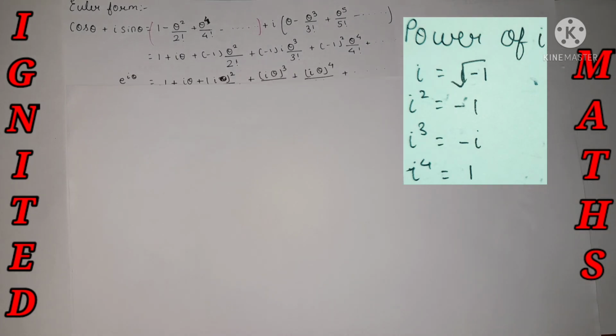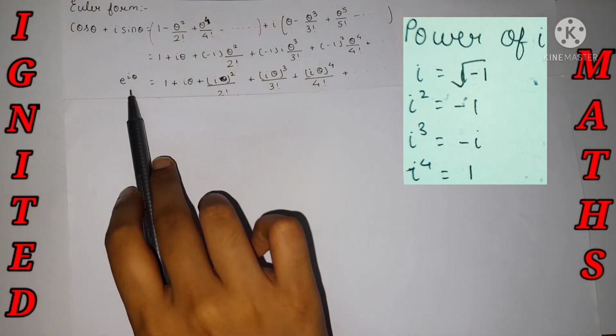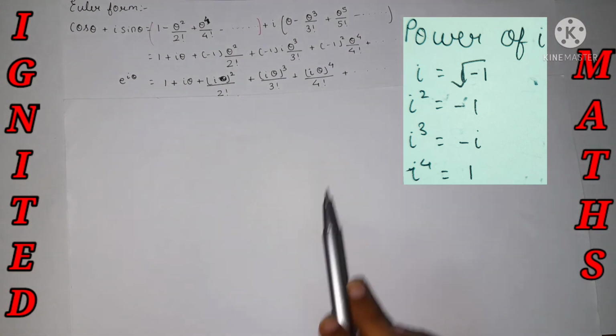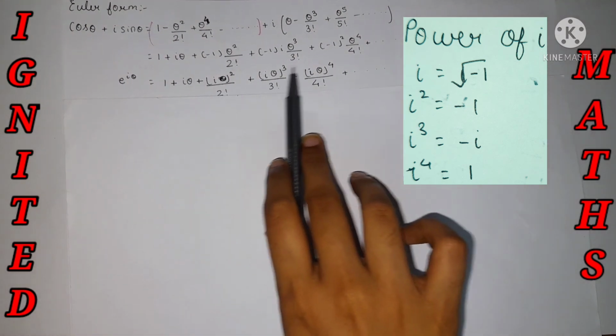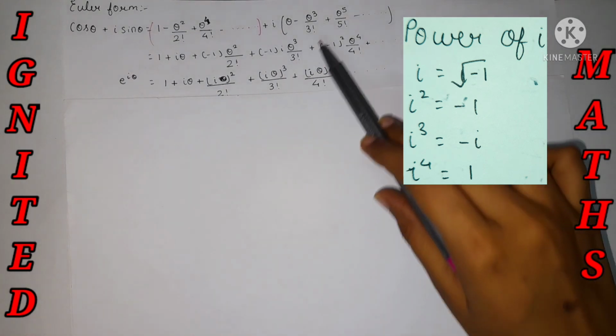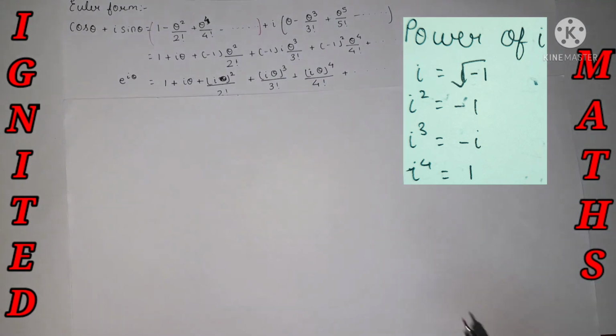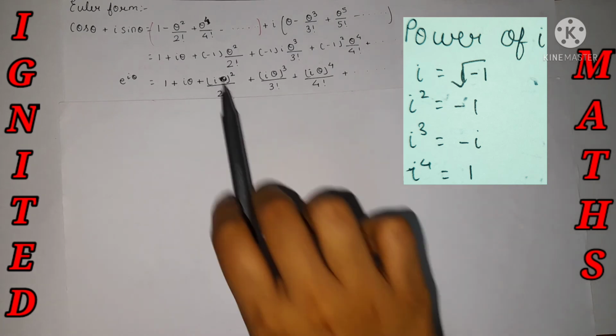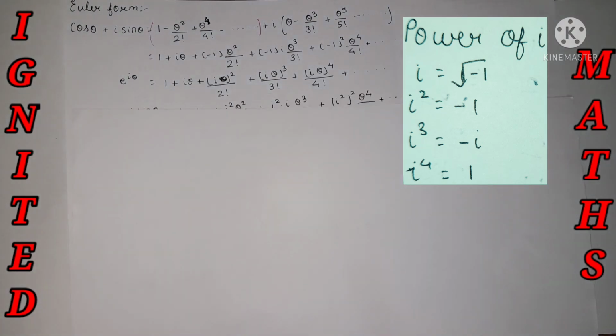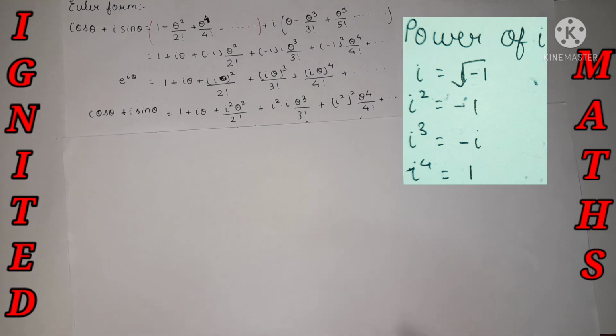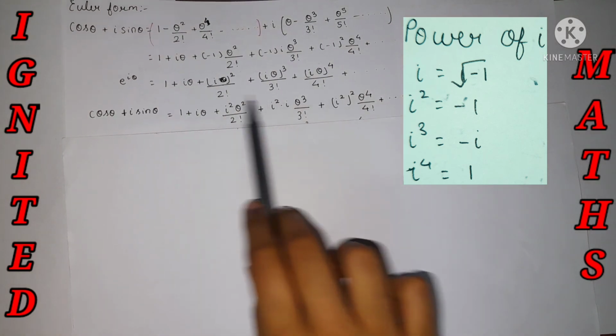Now my LHS value is e raised to i theta. The expansion of e raised to i theta is over here, and it is in the form of i, the imaginary part. That's what I have expressed over here as the imaginary part, because i is equal to root of minus 1, i square is equal to minus 1, i raised to cube is equal to minus i, and i raised to 4 is equal to 1, the powers of i. For that purpose I have introduced the minus 1 over here. So this is my RHS value, this is what we need.